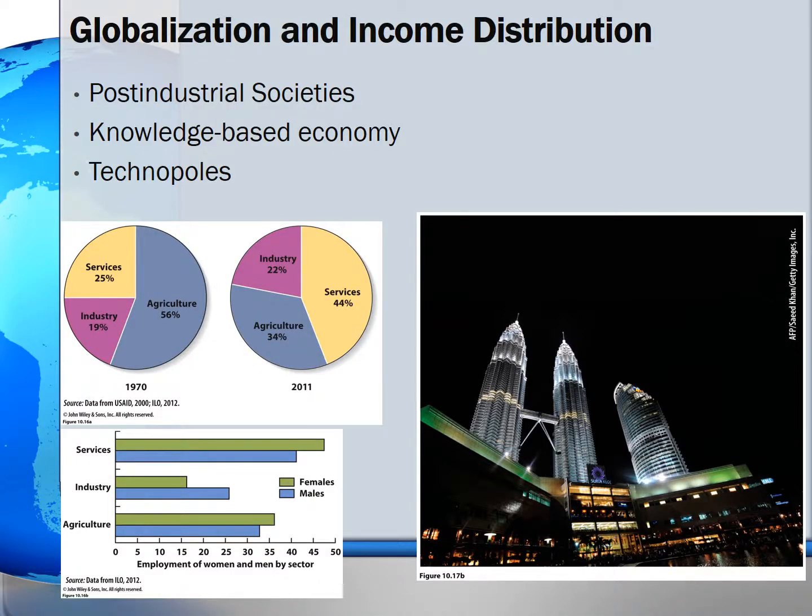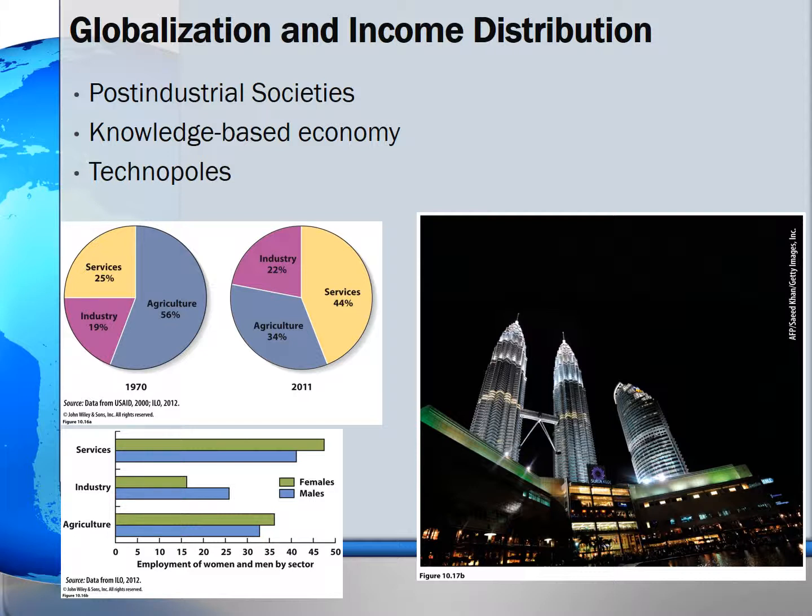The service sector has expanded rapidly in the world as shown in the pie chart from 1970 to 2011. The geography of employment in the service sector, however, remains highly uneven. Today, nearly three-quarters of the labor force in developed countries are employed in services. Yet in developing countries, service jobs employ just over one-third of the labor force. Women also account for more of the service sector jobs than men.